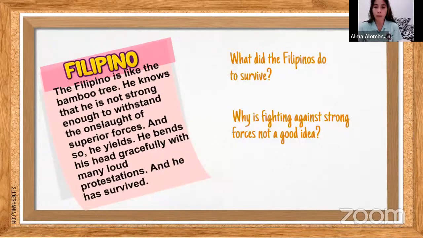Okay, one more, and we're going to end. So I'll read this one. The Filipino is like the bamboo tree. He knows that he is not strong enough to withstand the onslaught of superior forces. And so he yields. He bends his head gracefully with many loud protestations, and he survives. Okay, question. What did the Filipinos do to survive? So, based on this reading,